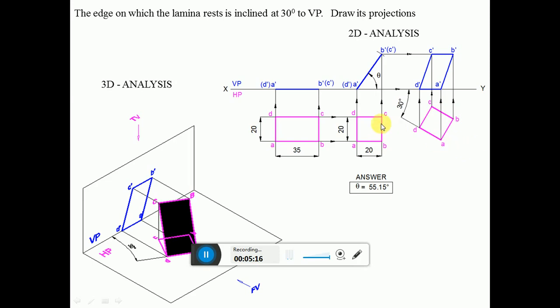Then draw a vertical projector from A and a horizontal projector from A dash to get this point A dash. Similarly, draw a vertical projector from D to get this point D dash, and draw a vertical projector from B and a horizontal projector from B dash to get this point B dash, and then draw a vertical projector from C to cut this point at C dash. Then name them A dash, B dash, C dash, D dash, and join A dash to B dash, B dash to C dash, C dash to D dash, and D dash to A dash with a dark line. So this is the reproduction of the third position, top view and front view.